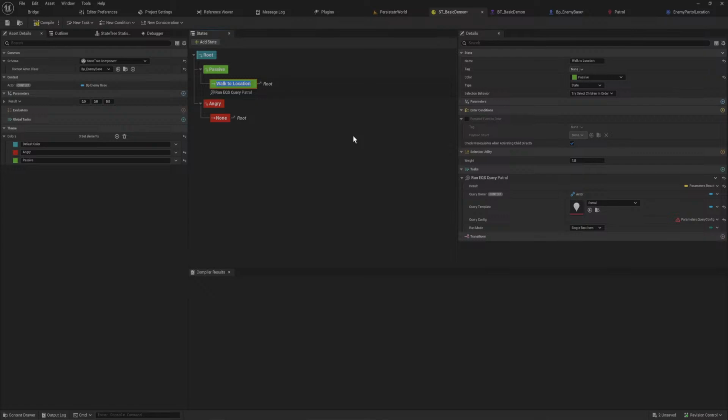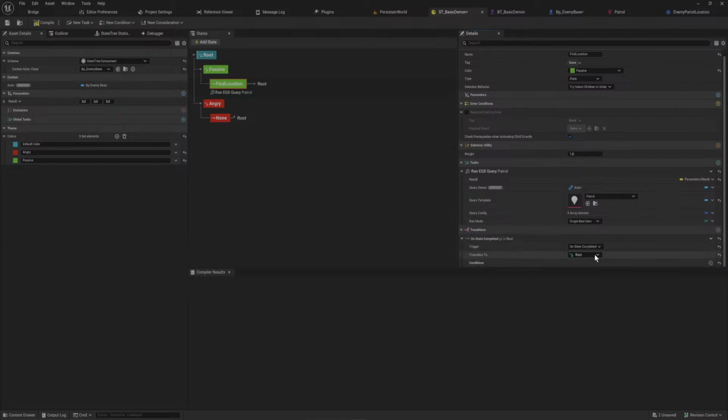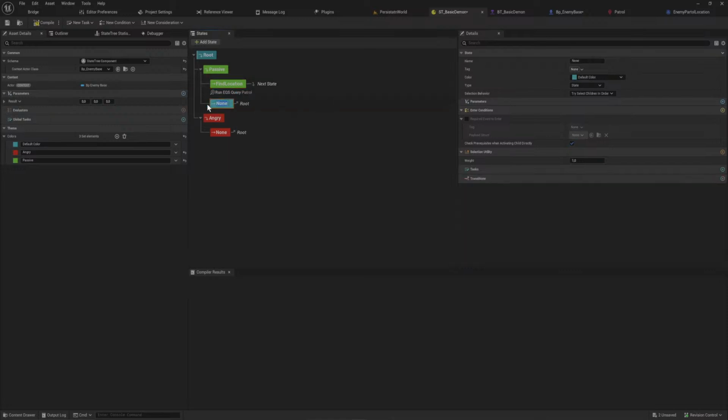So this will be find location. It opened up a search on my monitor. I don't want that. After that's done, we'll move on to whatever is the next state. We'll add a sibling state, which can be blue, but sure. And we'll walk through a location. And that can have a very simple